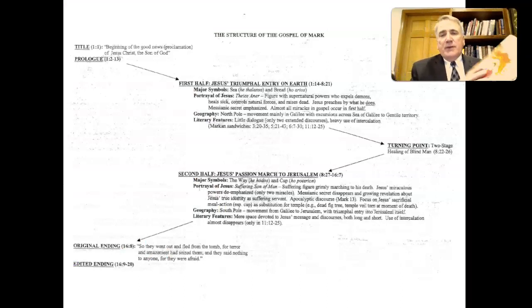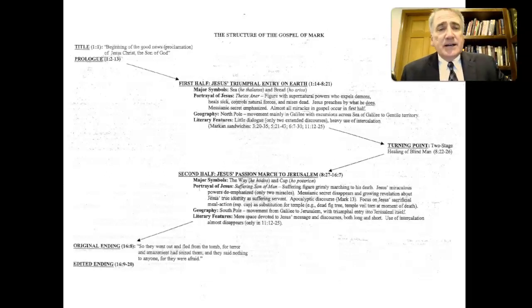Now, here I want to rely pretty heavily on Lavertiere's 2-volume commentary on the Gospel of Mark, and he does, I think, a very insightful job of teasing out the differences between these 2 halves and noticing some key symbols that define each half. So just to kind of walk through this chart here that is really trying to summarize